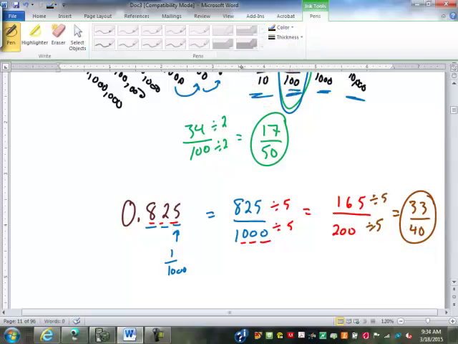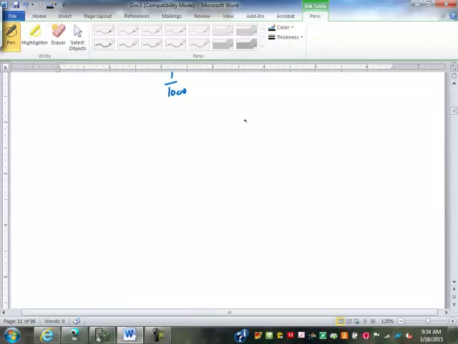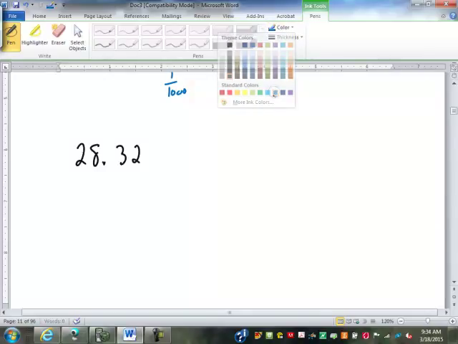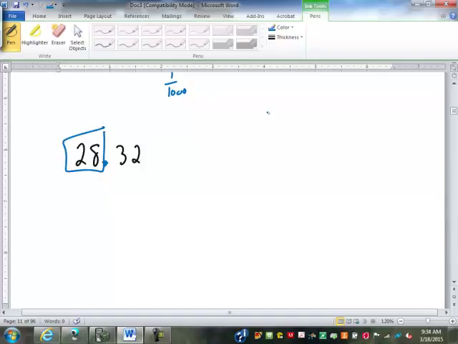What if this were written like this? How do I turn that into a fraction? Well, that's 28 and 32 hundredths. Perfect. This is a mixed number. The part in front of the decimal point is just the whole number. So that 28 is 28, period. All that needs to be converted is the part that's after the decimal. 0.32